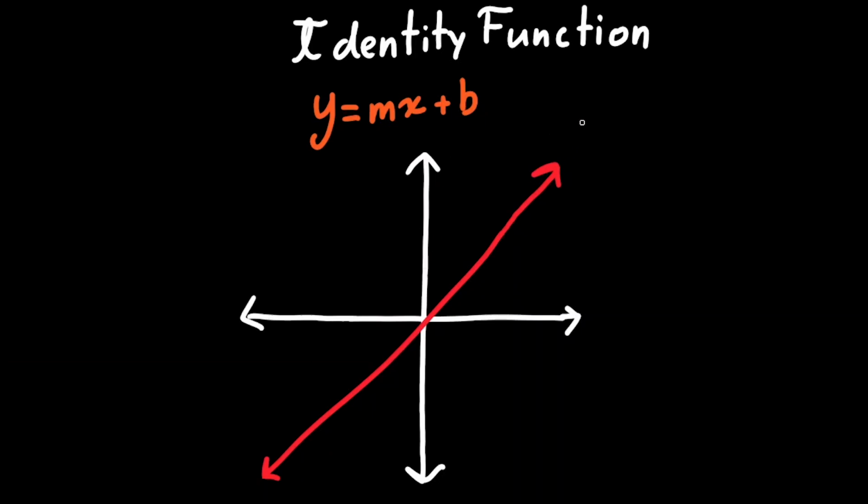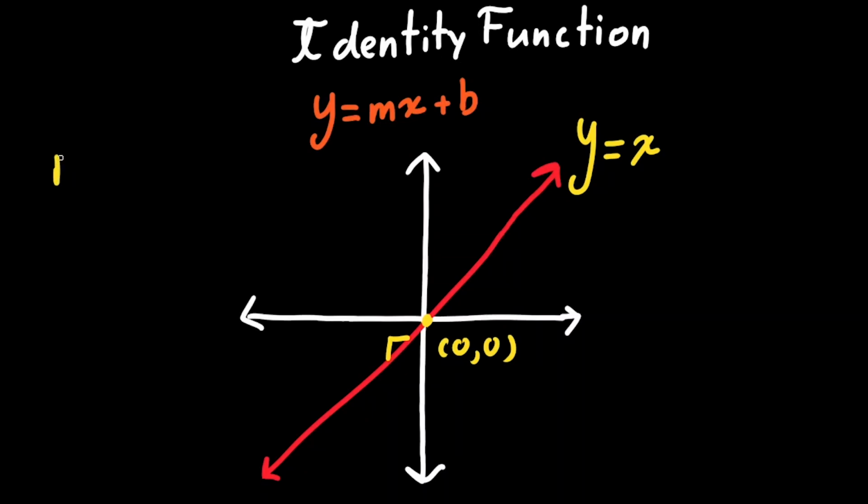Here you can see the parent function of the identity function, which is y is equal to x, in which the graph has a simple slope of 1 and a y-intercept of (0, 0). Now for the domain and range of the identity function, it is very simple. Since the graph extends infinitely to the left and infinitely to the right, we can say that the domain of this would be